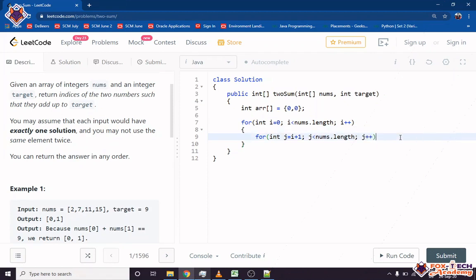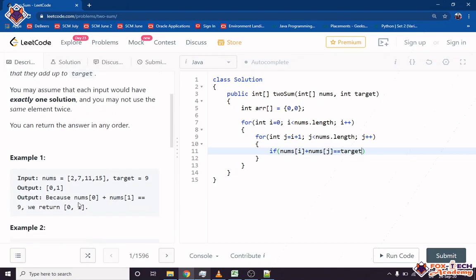So now we have to check if nums of i plus nums of j is equal to target. Here is the example, you can see nums of 0 plus nums of 1 is checking if it is equal to 9 or not. It means our target. If it is, what we will do is change the index values of this array.